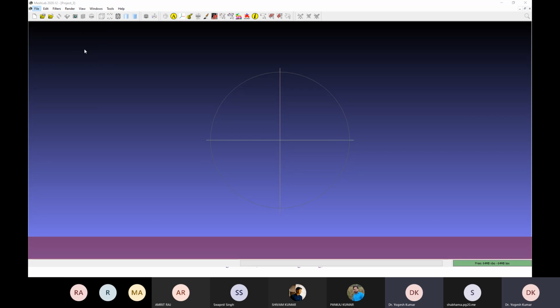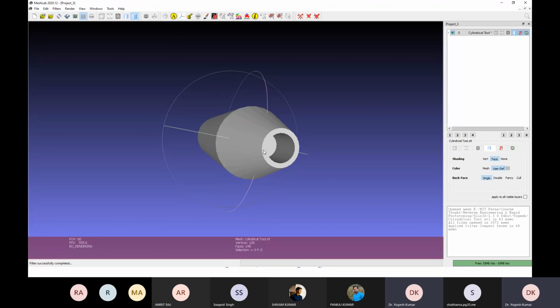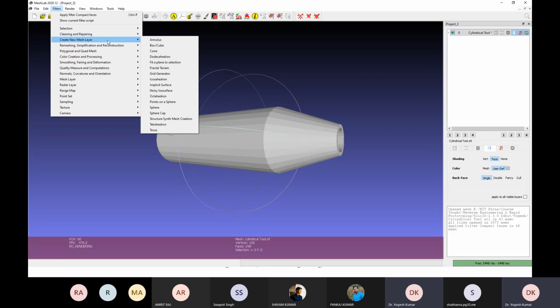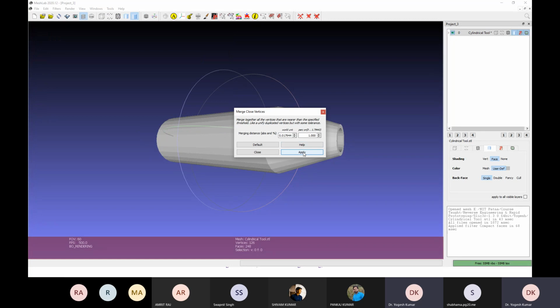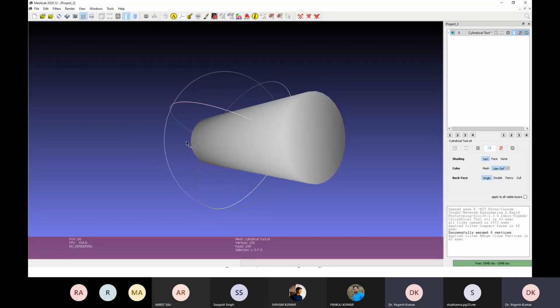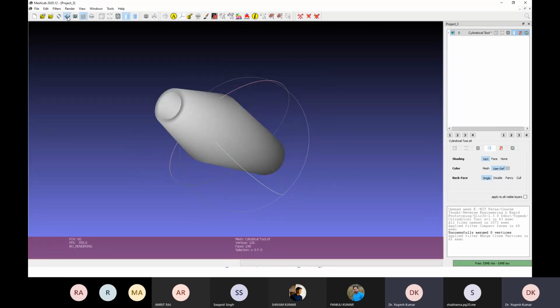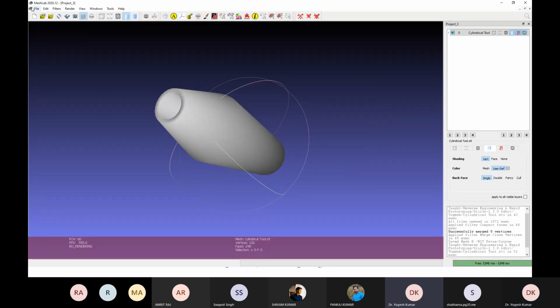Okay, suppose I click on a filter which is compact faces, no changes. Then merge close vertices. Okay, so here you can see. Suppose I have applied any one filter. So let me save this file with another name.